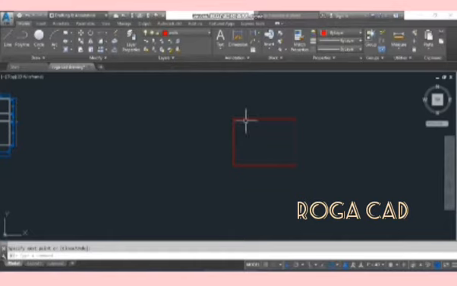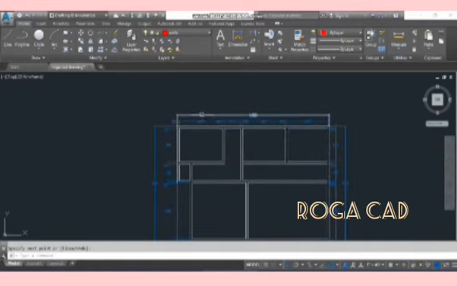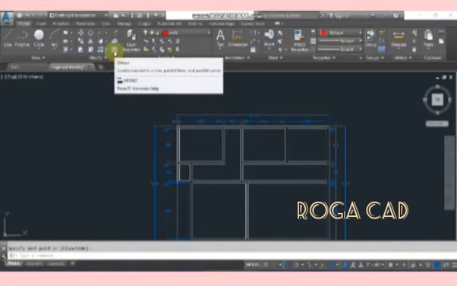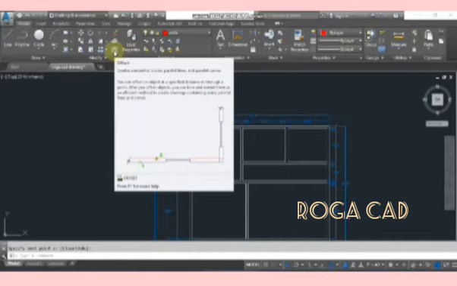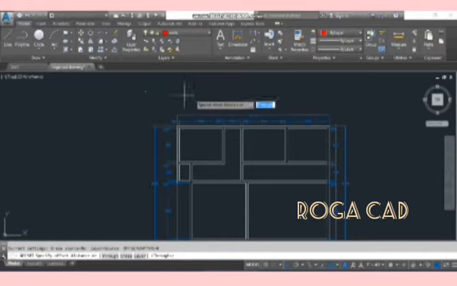After this, we are going to start our walls so that we are going to have an obvious and clear floor plan. To insert walls, we are going to need the offset command. So this is the offset command. When you place the cursor on the offset command without clicking, you are going to have all the information recommended or needed. So you press offset and you come back to our